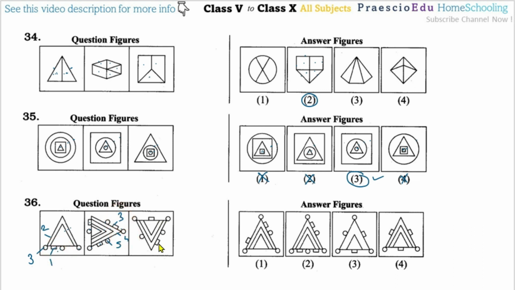Here also the rectangle having 2 in quantity, circle having 4 in quantity, and the triangle having 3 in quantity. Means the same criteria, and with matching this one, option number 1 is perfect. So here the rectangle having 2 quantity, circle having 4 quantity, and the triangle having 3 quantity. Means the sequence of the triangle, rectangle and circle quantities is symmetrical. So that's why option number 1 is the correct one.